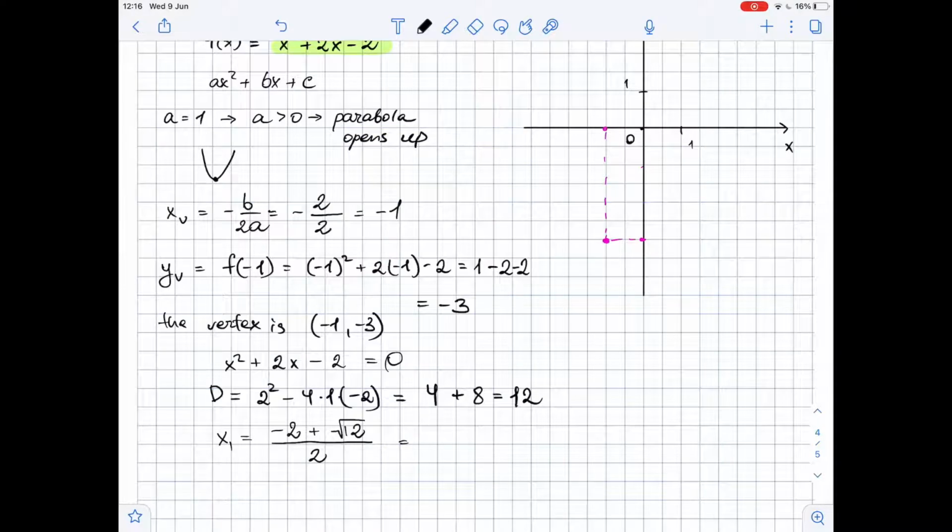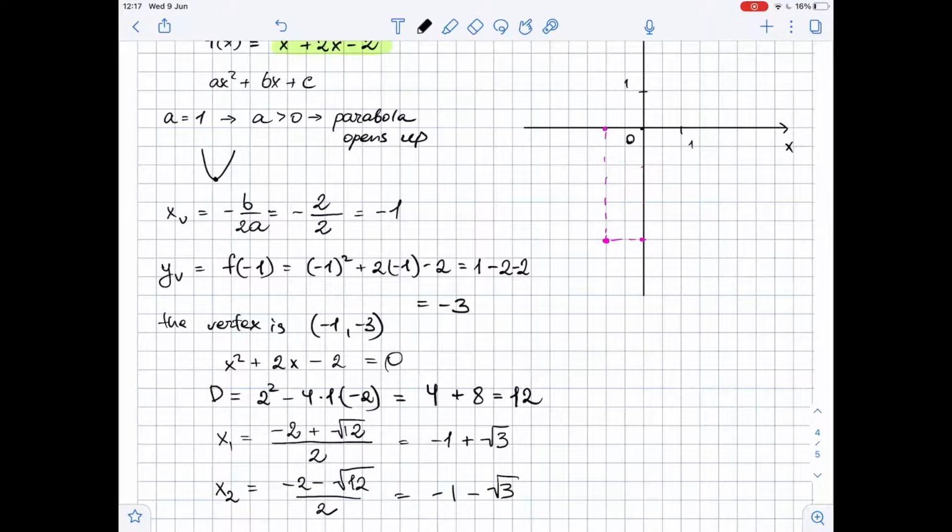This is equal to negative 1 plus square root of 3. Well, x2, the second root, is equal to negative 2 minus the square root of the discriminant, so the square root of 12 over 2, and this is equal to negative 1 minus the square root of 3. Great, so we have found 2